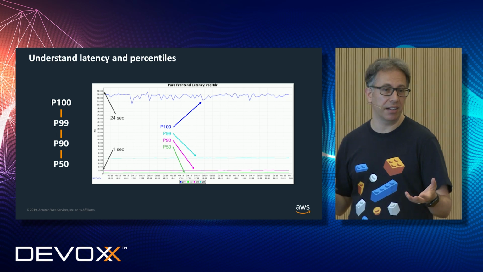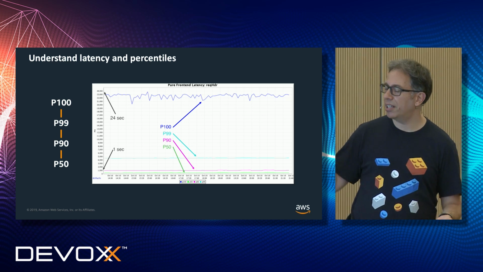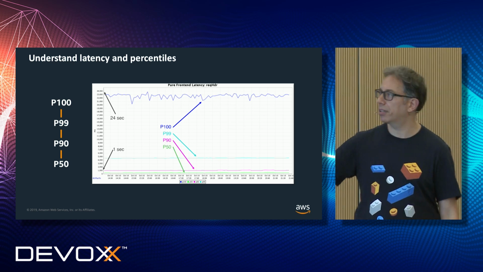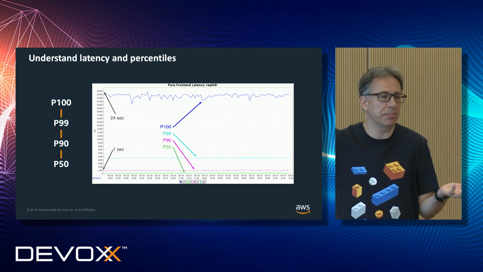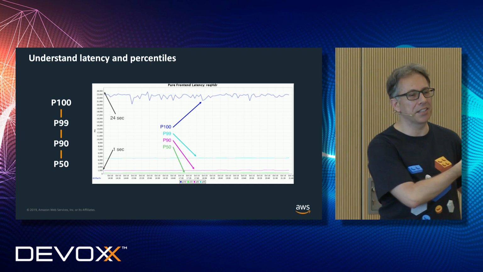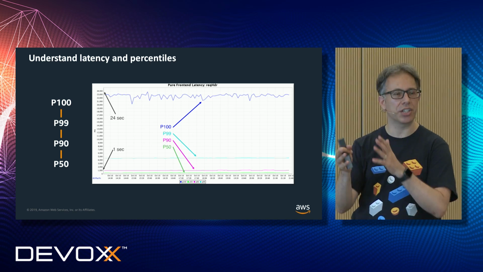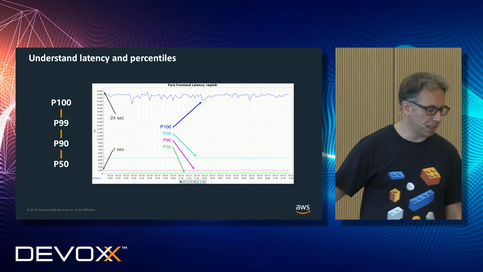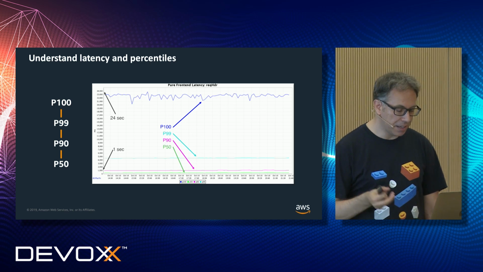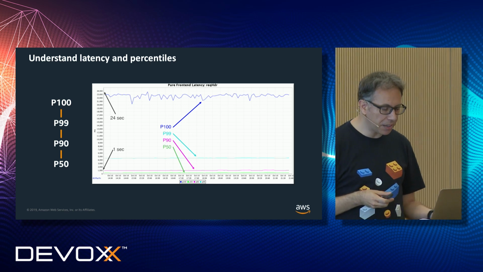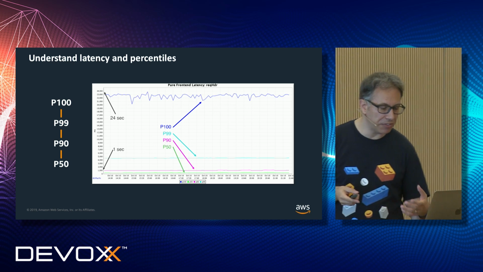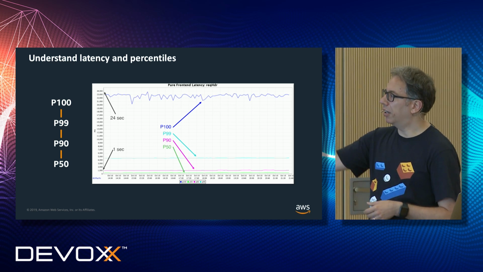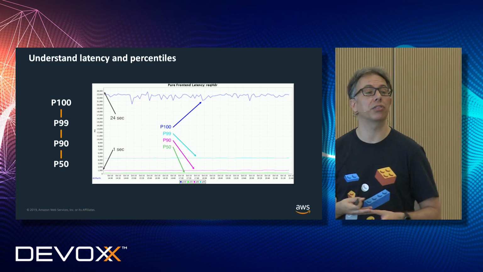P50 is the median, statistically. The median is also the average only if the distribution is symmetric. But a latency distribution can't be symmetric, because you can't get negative latencies. So that's why average is not a good metric for latencies. So what you see here, for example, is that this specific API has a P90 of 1 second, a P99 of 5 seconds, and a P100 of 22, 23 seconds. There's a lot of diversity, but you also get a lot of information here.